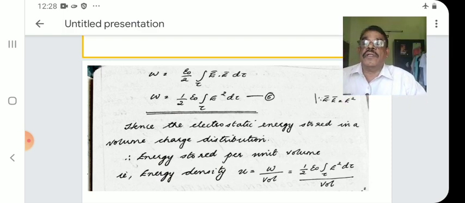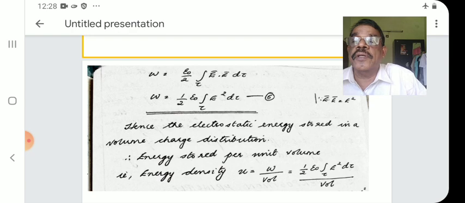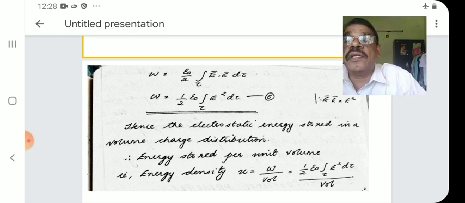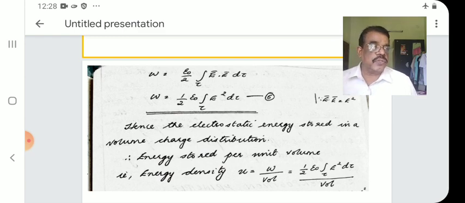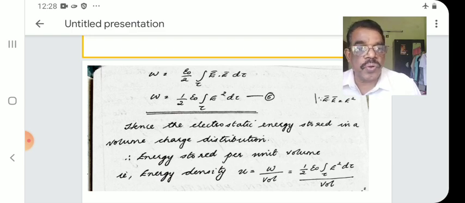The energy stored in a charged body, volume element, volume is given by this equation. Hence, the electrostatic energy is stored in a volume charge distribution. Then energy is stored per unit volume. Energy per unit volume: for that, we have to divide it by volume. That is U, the energy density. Energy stored per unit volume is called energy density, equal to W by volume, half epsilon 0 volume integral E